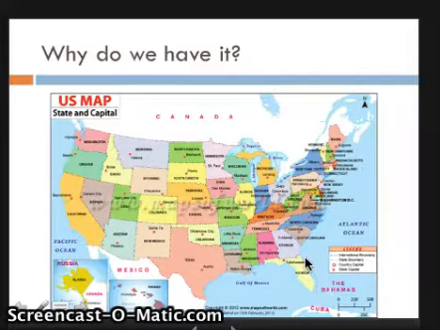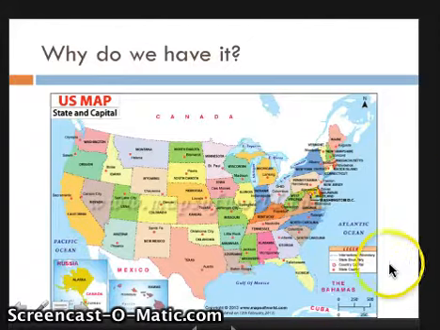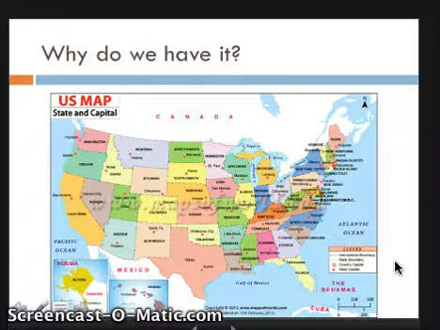One question people might have is, why do we have a bureaucracy? It's made up of over 4.5 million people, and there are offices in all 50 states. We have a large country. There are lots of rules, there are lots of laws, and there are lots of regulations. These people make sure that the laws actually happen, that people are following the rules, that the rules are fairly carried out, and that people are getting what they need when they need it. Teachers are an example of someone who works for the state bureaucracy.